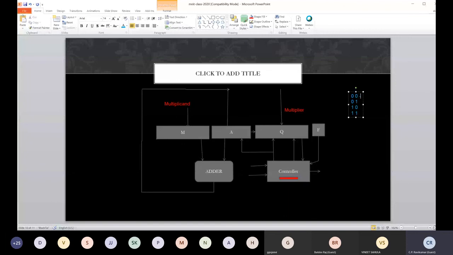If it is 0, 0, we'll do nothing, we'll just shift.